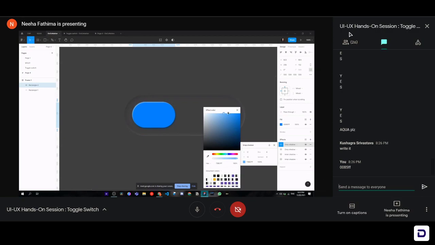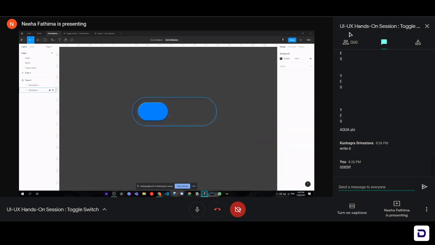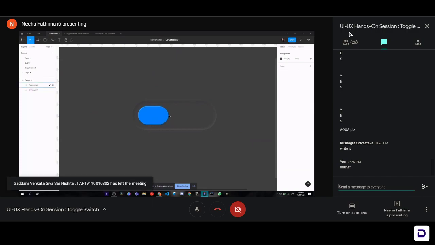It's okay, great. Looks great. Maybe we can increase the blur a little bit more so it looks nice. Maybe not. 4 is enough, I guess. Okay, great. So here we've got it. We've got our button. We've got our initial state that we need to animate the element completely and achieve the toggle animation.